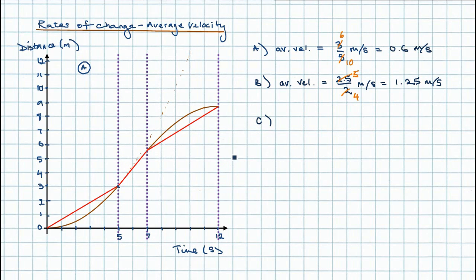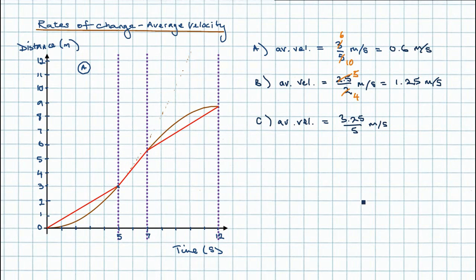So here we've got, now this isn't so easy to measure. I think what we've got here is half and 2, so it's 2.5 plus another half, so that's 3 and 1/4. Let's say then that the average velocity at this stage seems to be 3.25 over this time, 5 seconds,